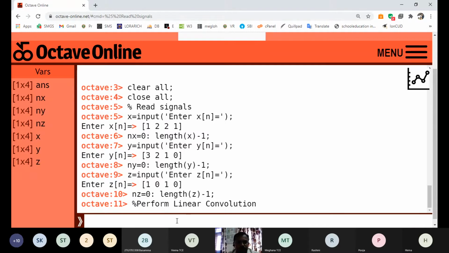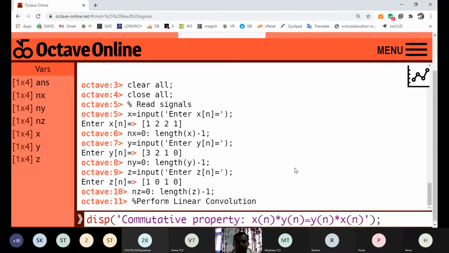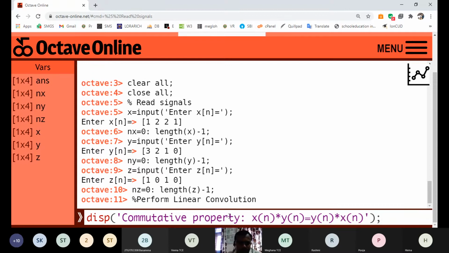Let me display that property. In the program also, you can display by using this function, which is used to display a string on the screen. So we perform linear convolution, that is the command, then display. I want to display something on the screen. So it is the commutative property.